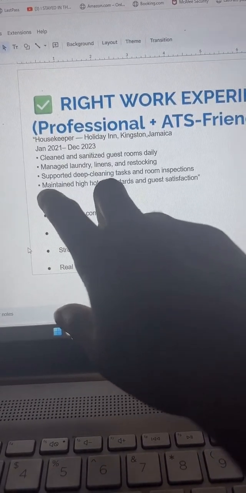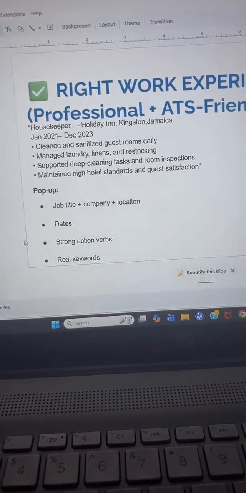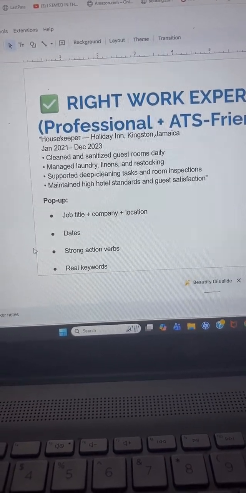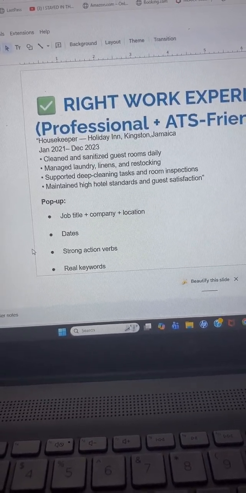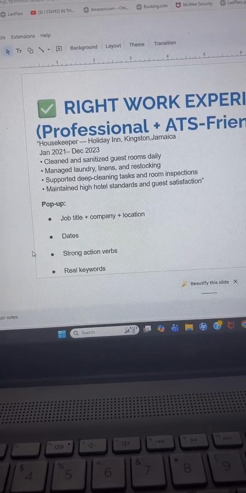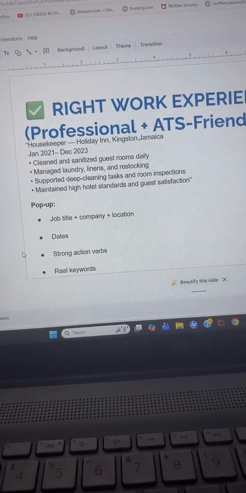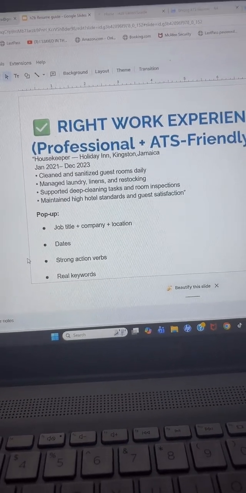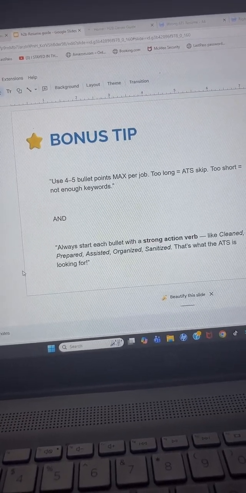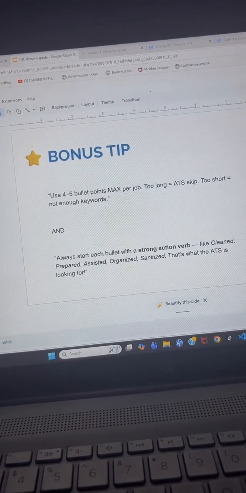These dots, that is called bullet points. Ensure that you're using bullet points to state your responsibilities of the job. Alright, you can use 4 to 5 bullets.